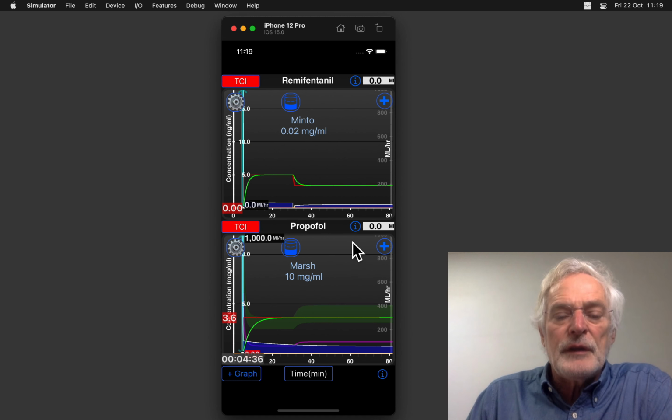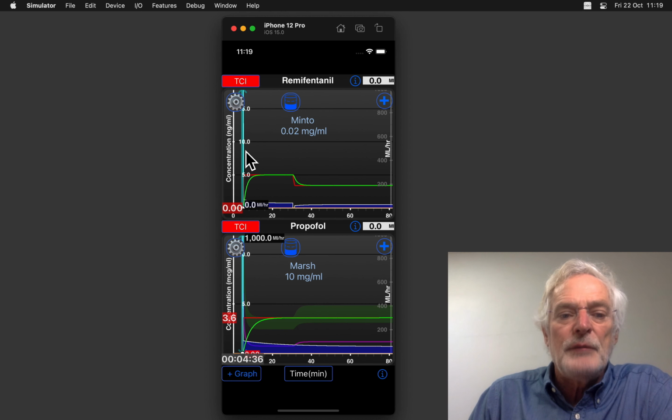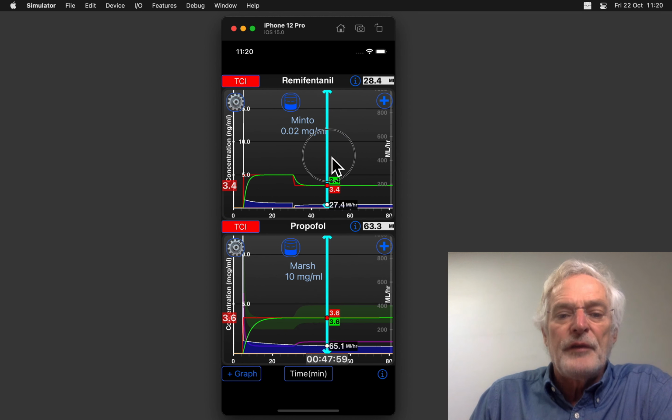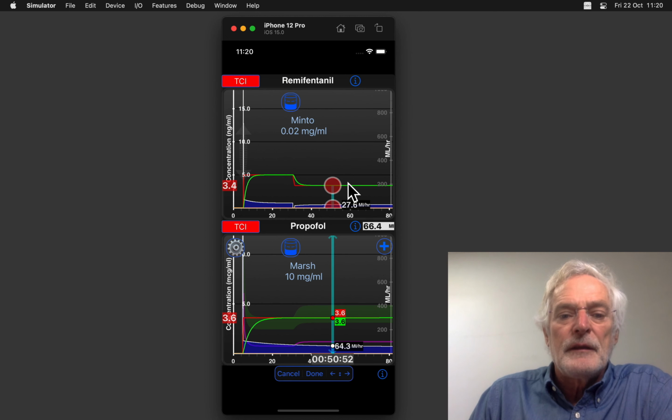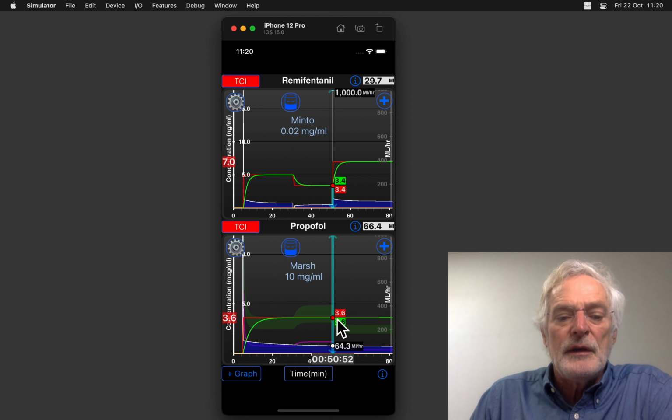Now, by the end of anesthesia, I probably want to have a somewhat higher concentration of the remifentanil, because that is the most fast acting drug. So I could play around with this concept of interaction, and let's say I would go for a little bit higher, go to 7, and then say done, and you can see I can decrease now my propofol concentration to a lower level to still have adequate anesthesia, and by the end of the procedure, when I switch off my